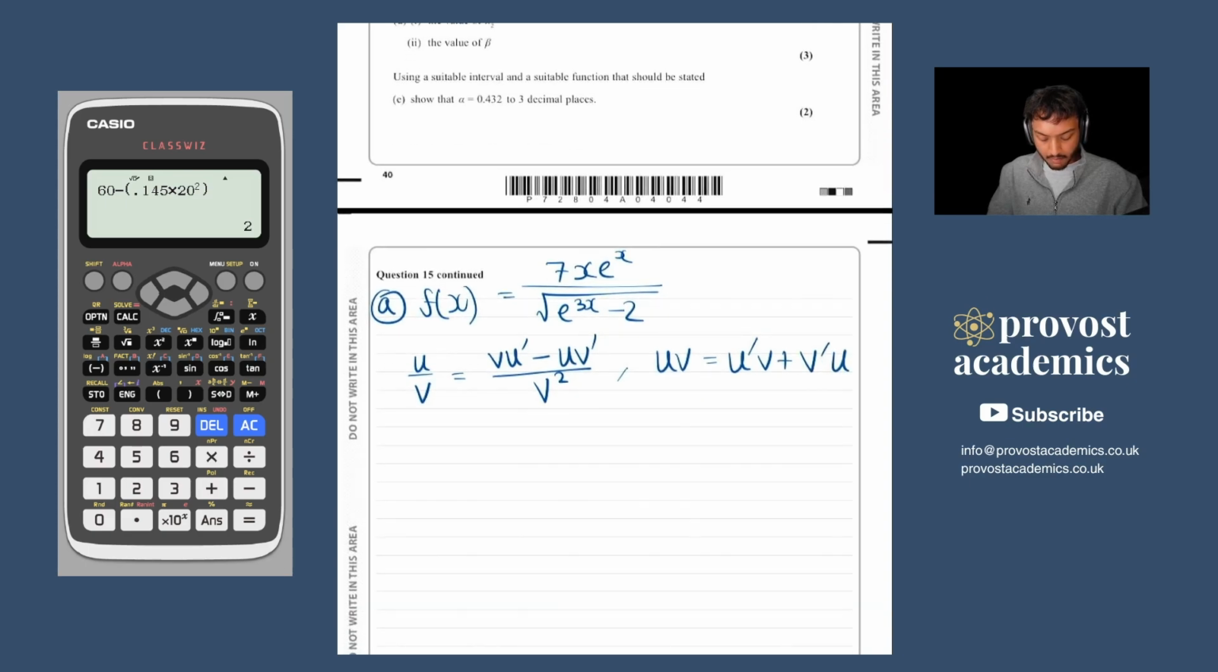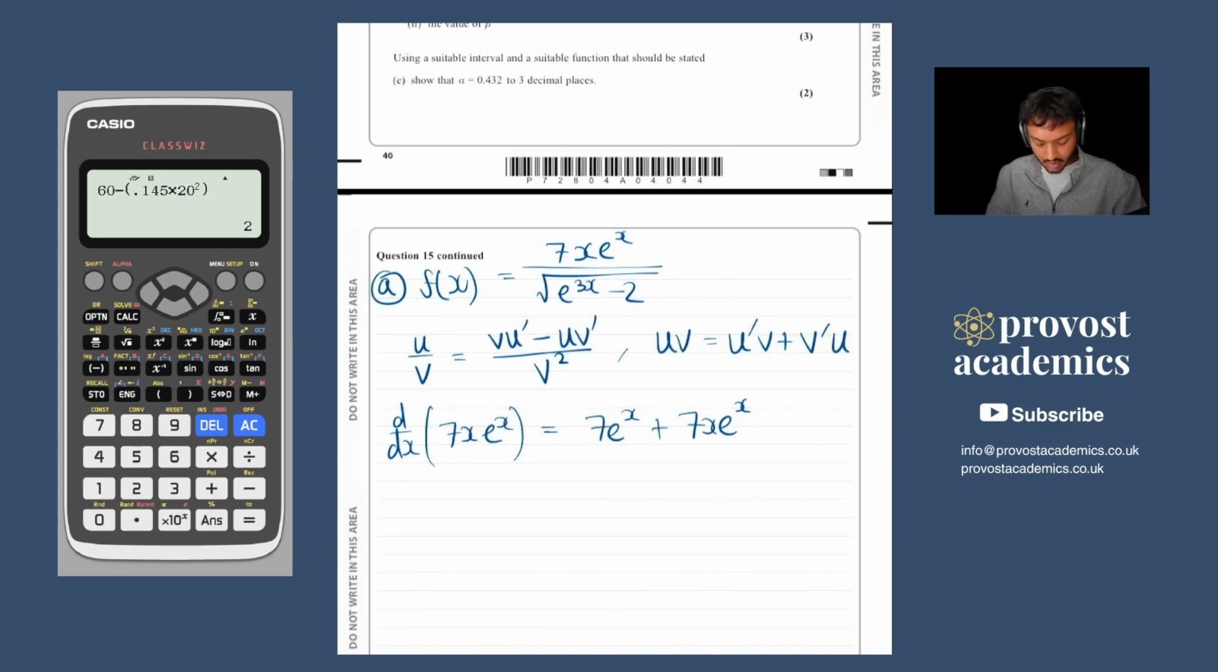So I think what might be more beneficial, or a bit cleaner, is to differentiate both my numerator and denominator ahead of time. It would probably save me a lot of time rather than doing it in one go. So if I differentiate d/dx of 7x e to the x, that would simply be 7e^x plus 7x e^x using the product rule. And then I differentiate my denominator,